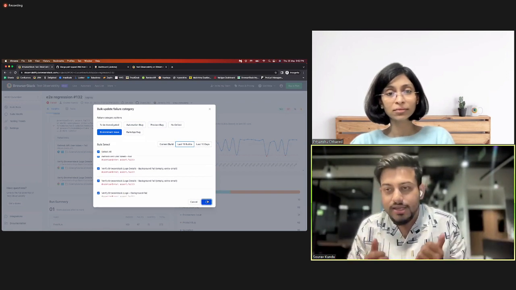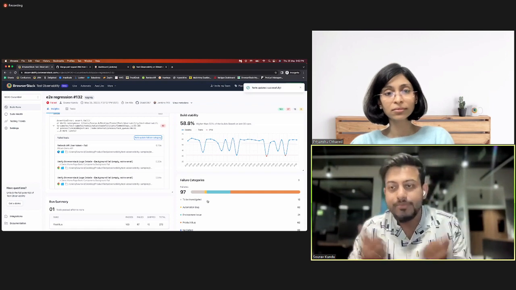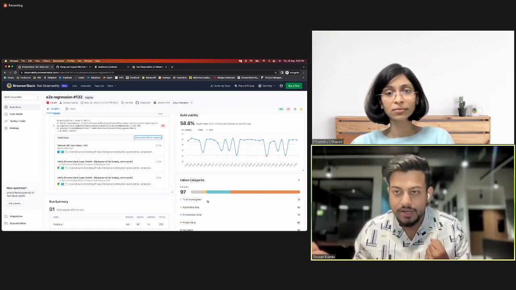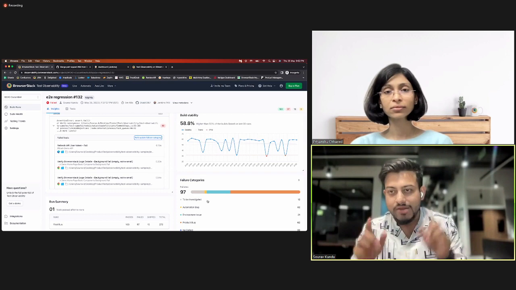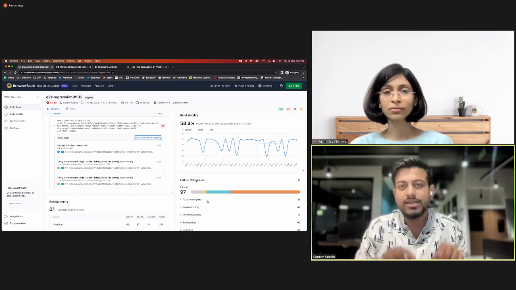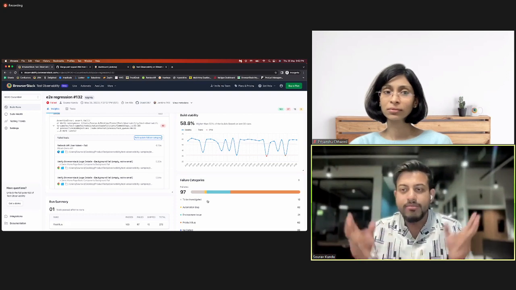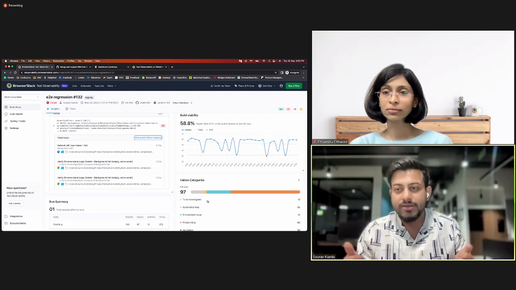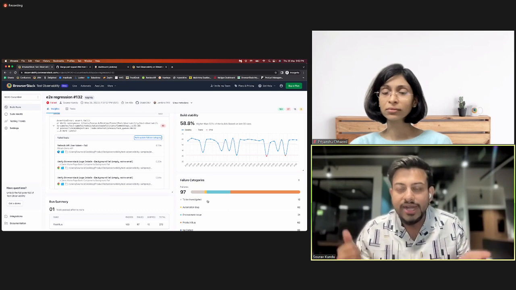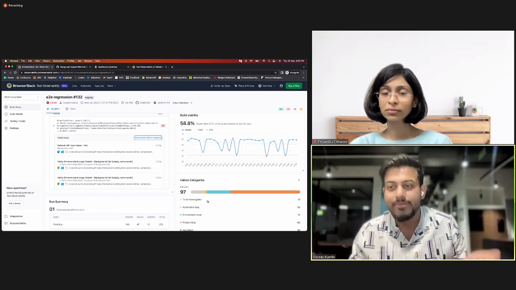What it does is take this as an input to the machine learning analyzer. Since you have done the manual analysis today and marked this issue as an environment issue, in future, if the same error is seen, the machine learning based analyzer will automatically categorize it as an environment issue.